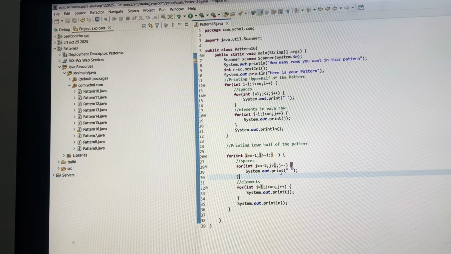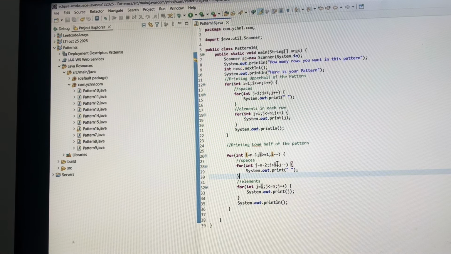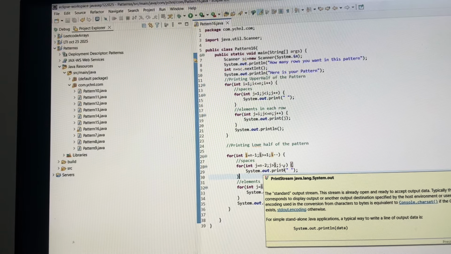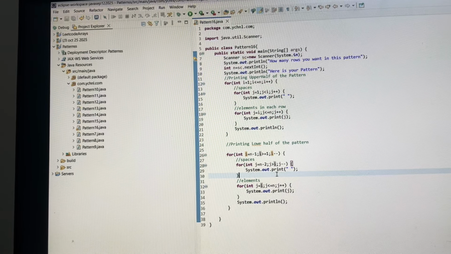To print 5 spaces, what do we have to do here? It has to print 5 spaces, right? 5 greater than